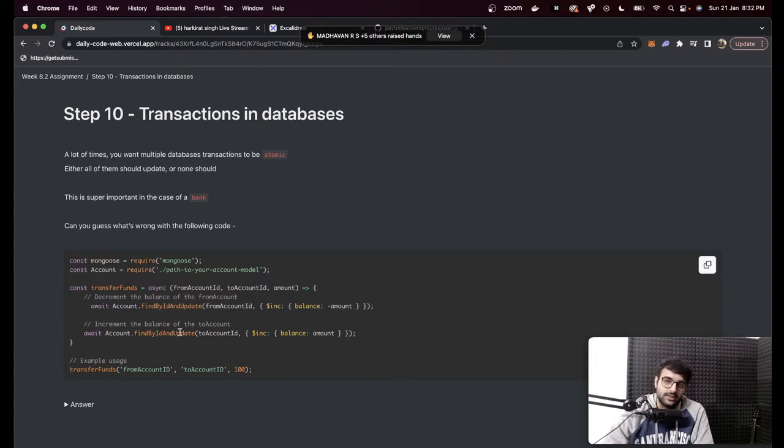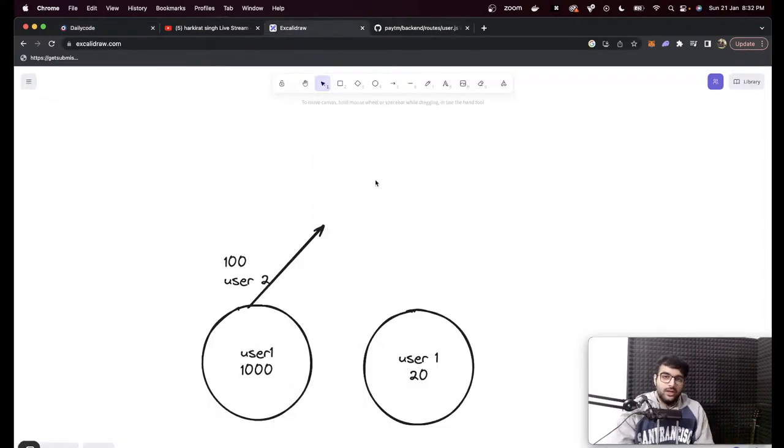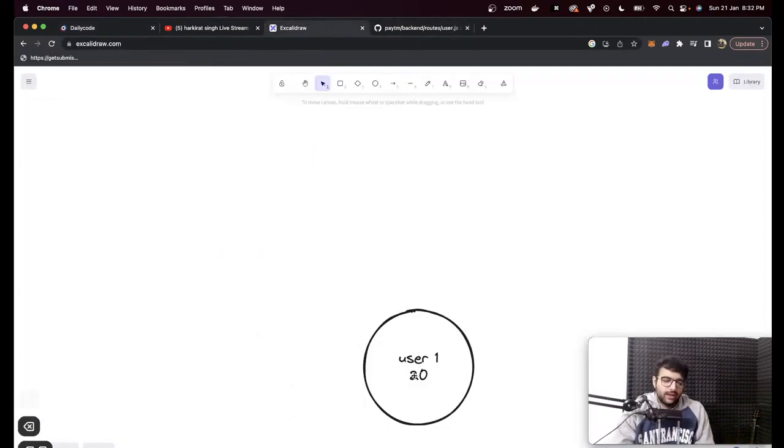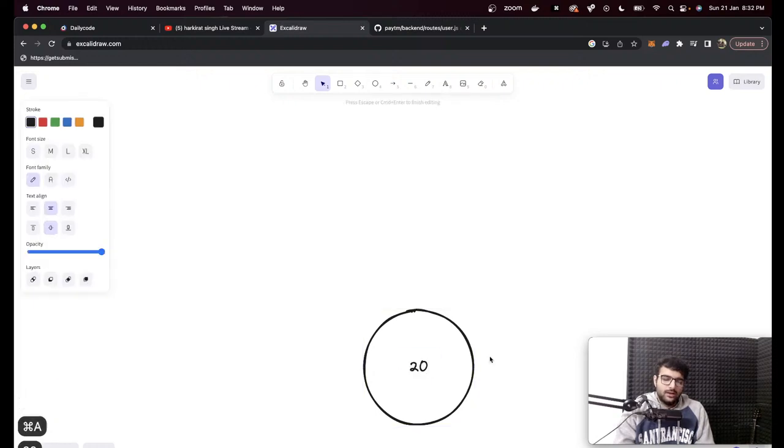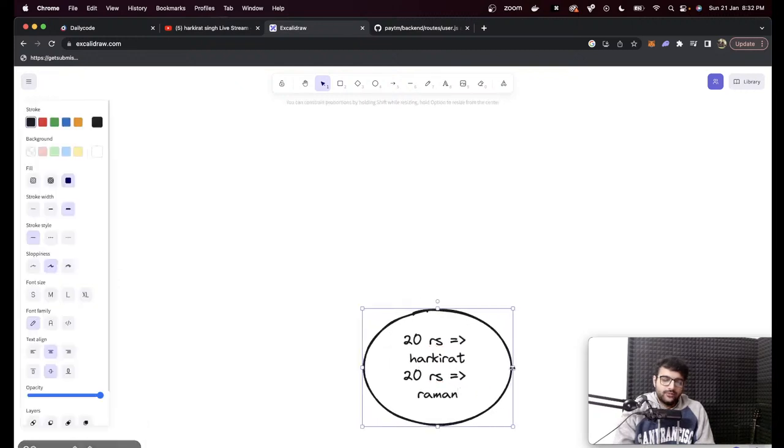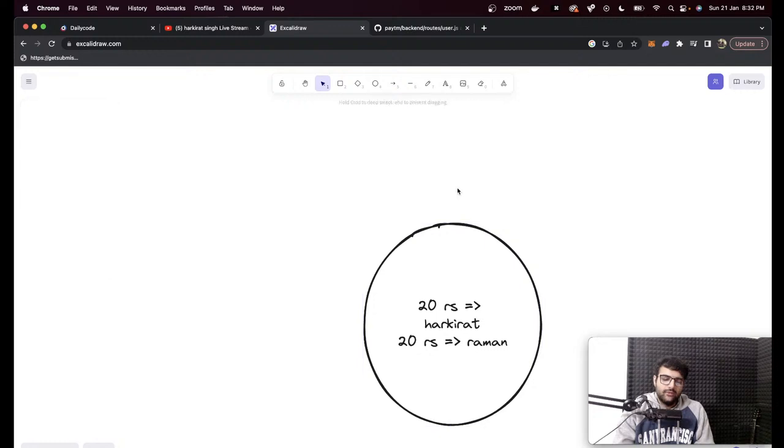You have to do a bunch of other checks. If you add a simple if check above, if the balance is 0, or if the balance is less than this amount, then stop right here. That also can be problematic if two requests come at the same time. I don't know if you've tried this, but I've tried this. If you've gone to a newly created wallet, have you tried sending 20 rupees to Harkirat and immediately 20 rupees to Raman? Okay, what if I'm able to sneak in, I only have 20 rupees in my bank